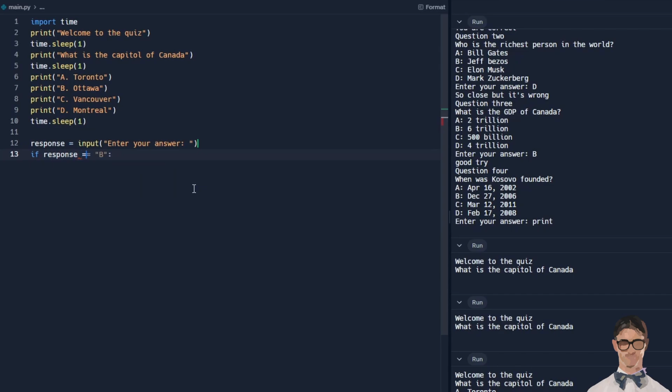equals, and you have to do two equals, because if there's one equal sign, it'll say this equals that, but if there's two equals, it means if this equals that, if that makes sense. So then if it equals b,